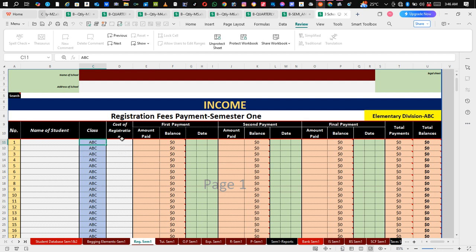Cost of registration, you put that here. How much registration costs? Maybe you're charging a student a particular amount, you put that amount here. Amount paid, what the student pays right away, perhaps they pay all, you put that here. If they pay some of the registration, then the balance will reflect there automatically. You don't have to write anything in this column. For example, if your registration is 3,000,